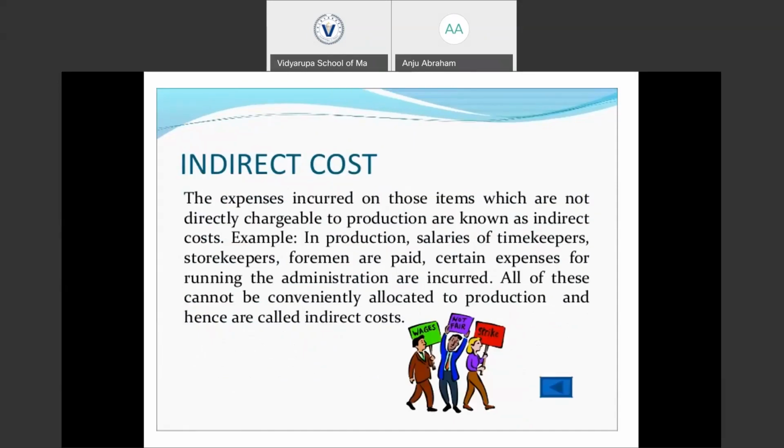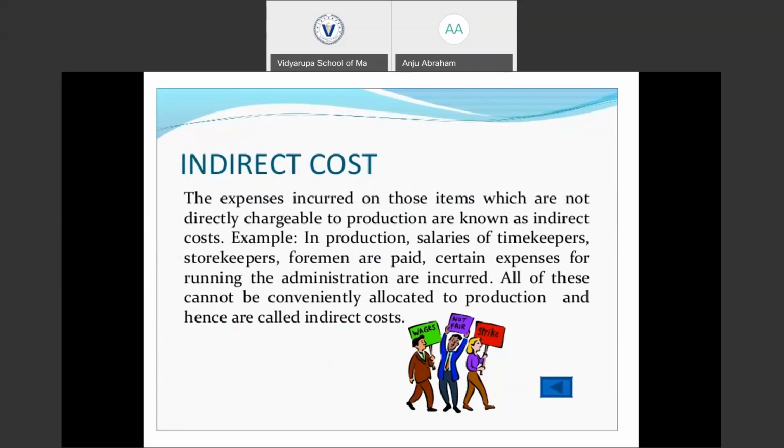So indirect costs are, as the name itself suggests, costs which cannot be directly traced to a particular product, which are indirect in nature. So these expenses incurred on those items which are not directly traceable or directly chargeable to production are known as indirect cost. For example, in production, the salaries of the timekeepers, the storekeepers, the guard, the foreman, and certain administrative expenses are not directly linked with carrying out the production, but they are necessary in carrying out the production.